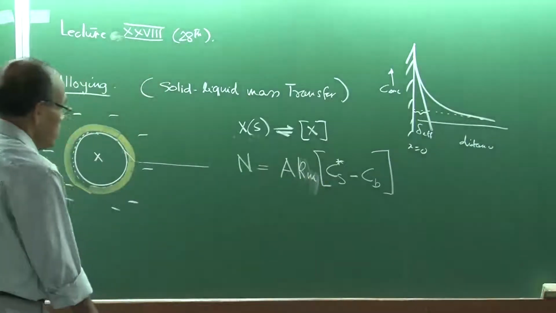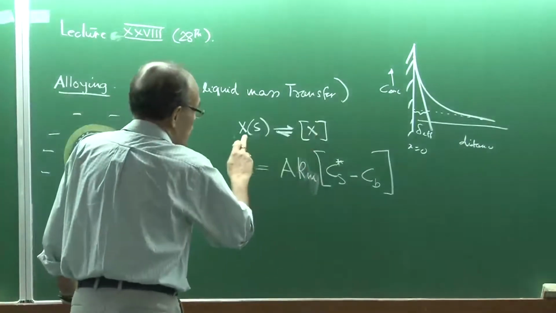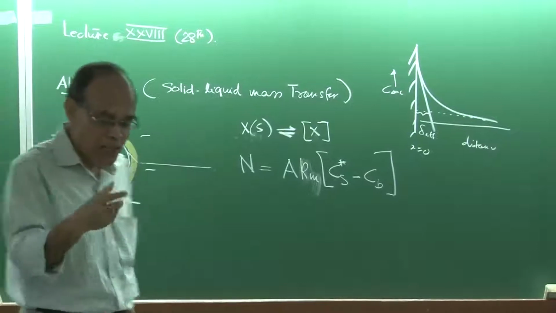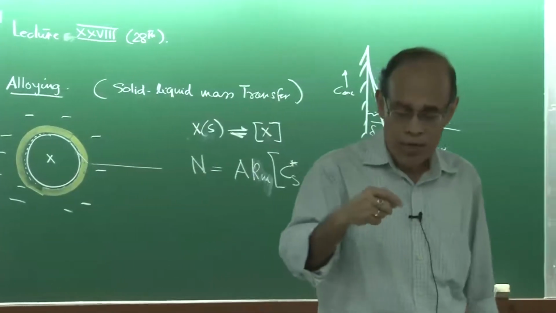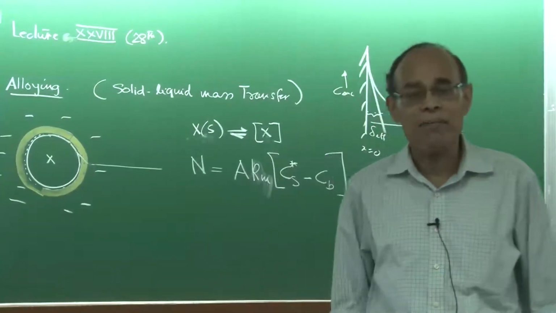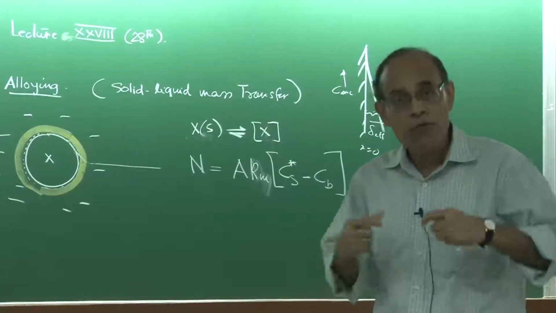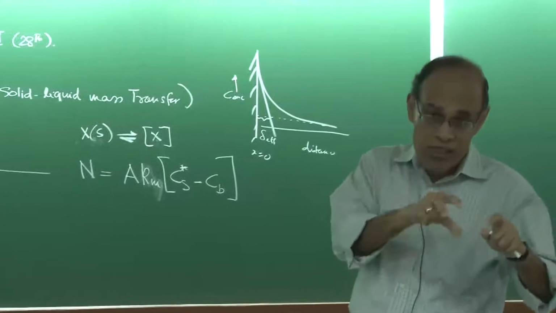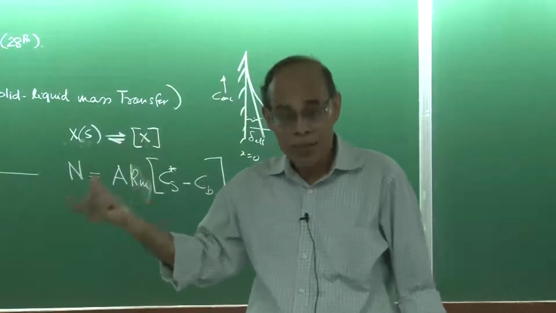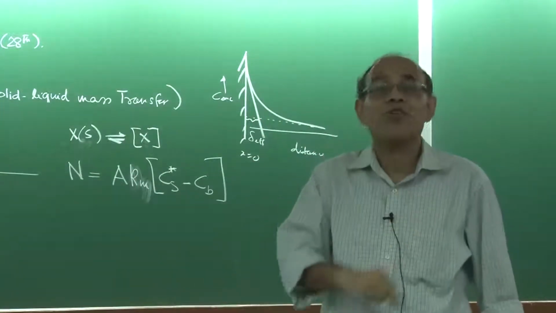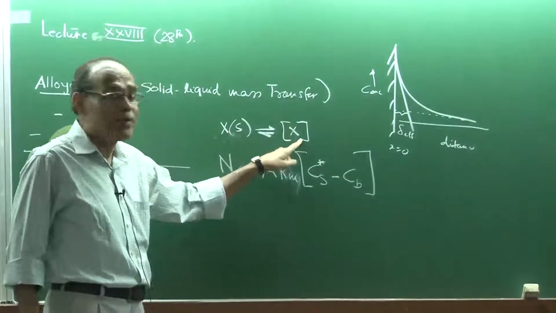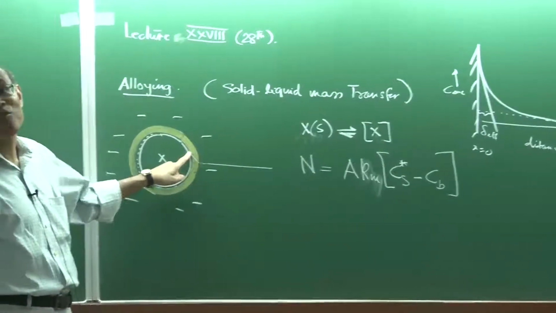Okay? Now, saturation concentration in equilibrium with the pure solid X. Because with sugar, if you start dissolving it, at one point the sugar will saturate the solution, and no matter how hard you stir the cup, no further sugar dissolution will take place. In that case the concentration of sugar in the liquid phase is exactly equal to the concentration of sugar in the solid, which essentially means the solid-liquid system has reached its saturation concentration point, and therefore no further dissolution is possible. So if this reaction is assumed to be at equilibrium, then logically this concentration has to be the saturation concentration limit,